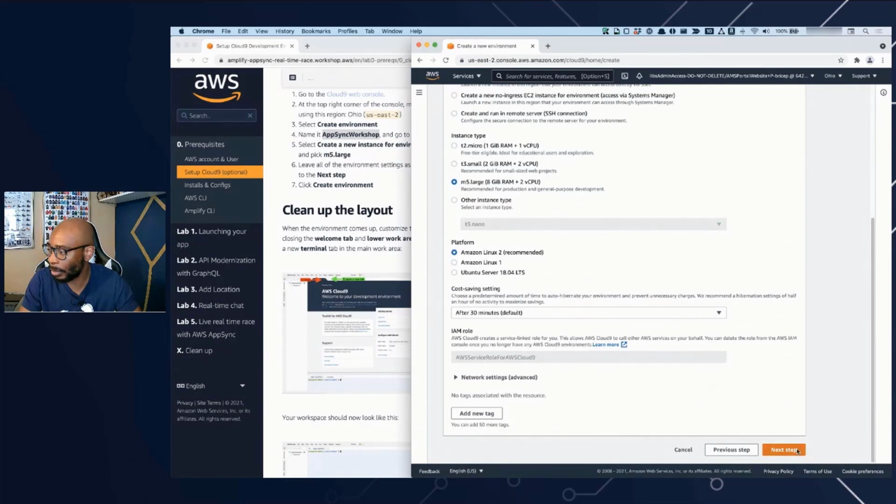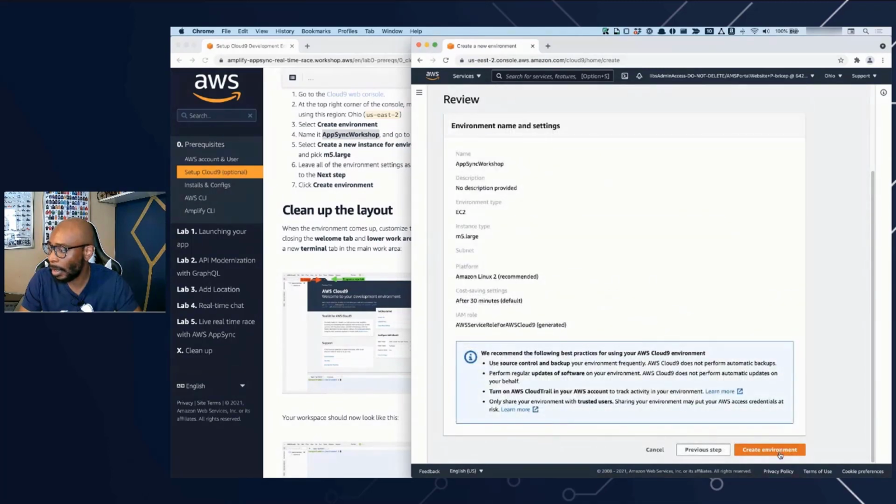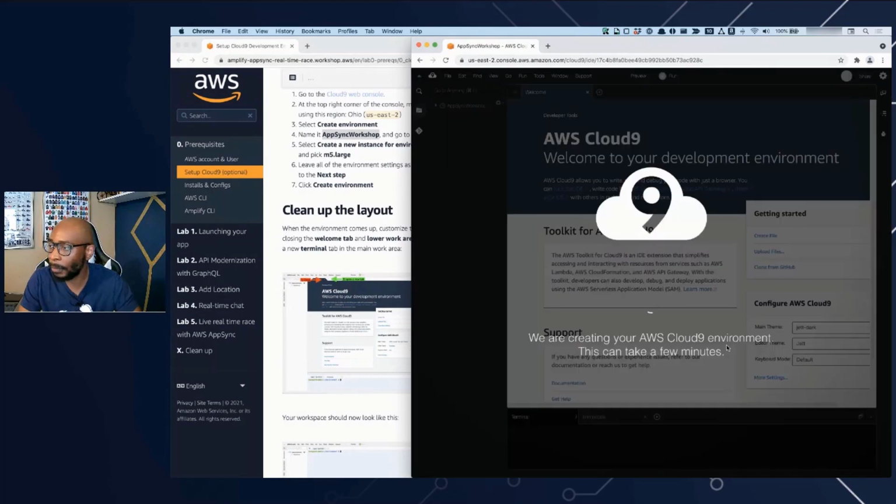You don't have to worry about the rest of the details here. And I'm going to click create an environment. So Cloud9 is going to be configured and set up so that we can use it as a terminal. While that is going on,